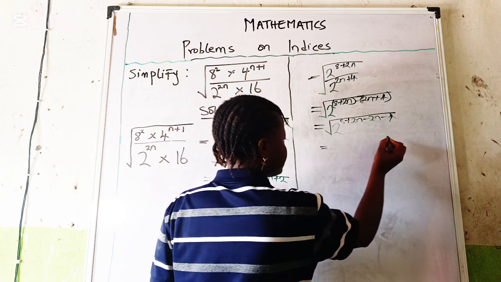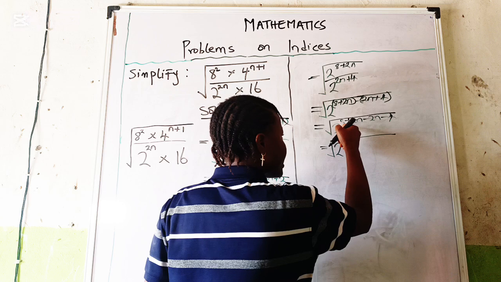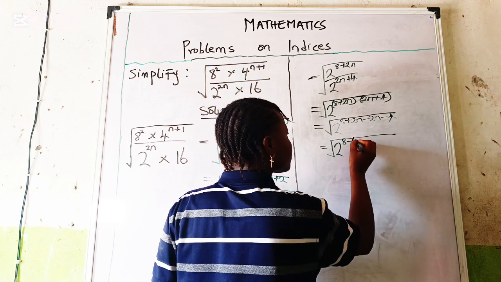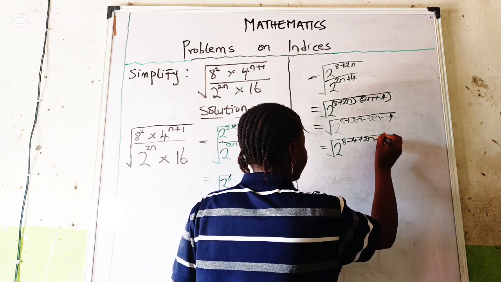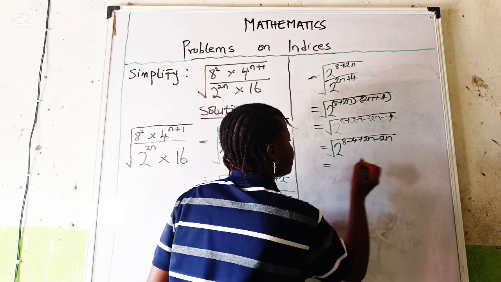Then collect like terms, that is 8 minus 4 will give you plus 2n minus 2n, which is equals to